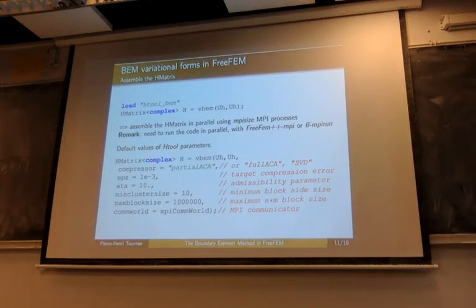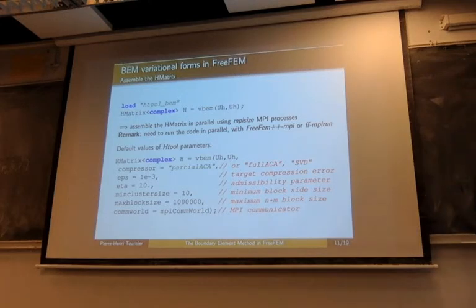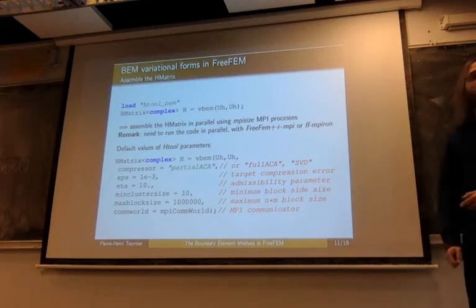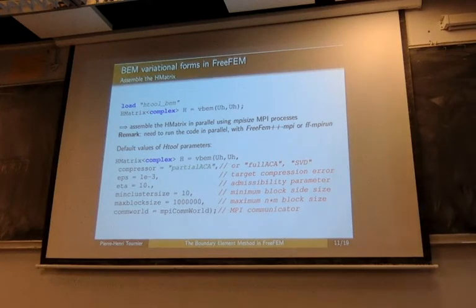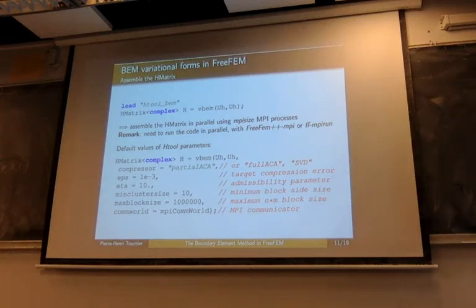Okay, so let's see how to. Yeah, so these are just some parameters that you can use to adjust the compression error and how to use the H2 library. Basically, you need to load this plugin H2_BEM, and as I showed, you can just build your matrix from your BEM variational formulation. Automatically, this will use all the MPI processes available. And keep in mind that H2 is a parallel library, so you actually need to run the code using the parallel FreeFEM binaries. Even though you want to run in sequential, you just use FreeFEM plus MPI on one core, but you still need to use the parallel version because H2 is a parallel library.